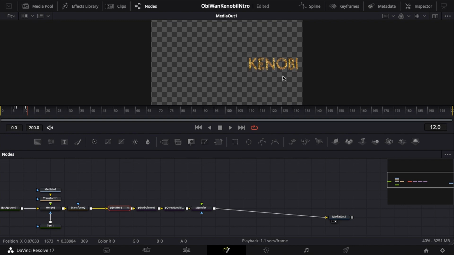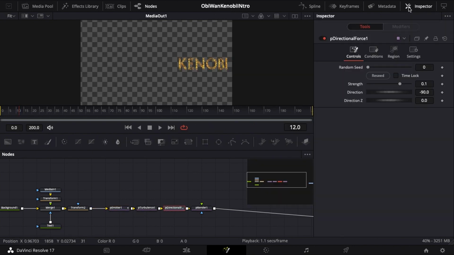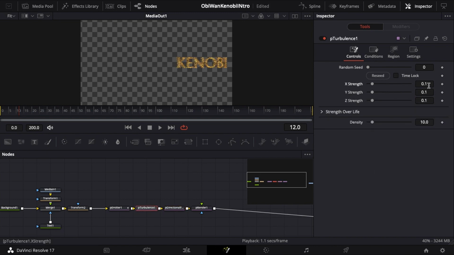But since we're going to play it in reverse, we want it to go to the left so that we can have it wipe on to the screen coming from the right. So we can go to our P directional force, click on direction. You're going to want it to be 180 degrees. We can go to P turbulence, change the X strength to something like 0.015 for the X value and 0.036